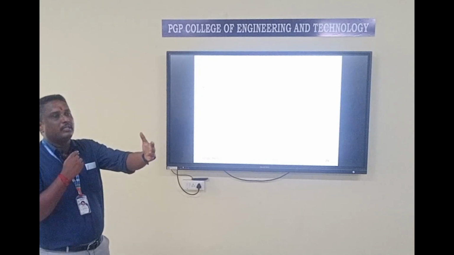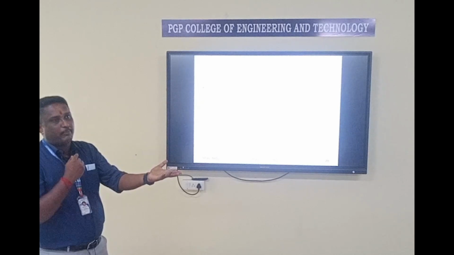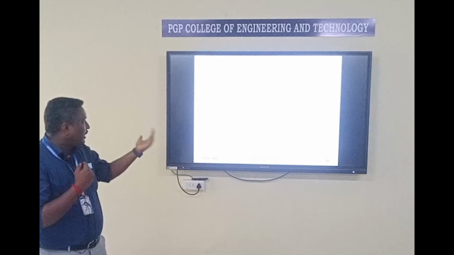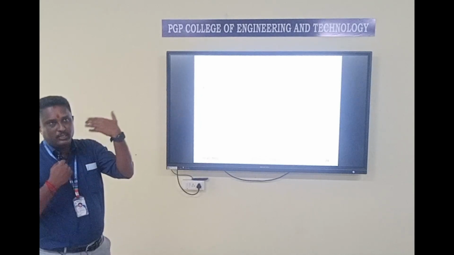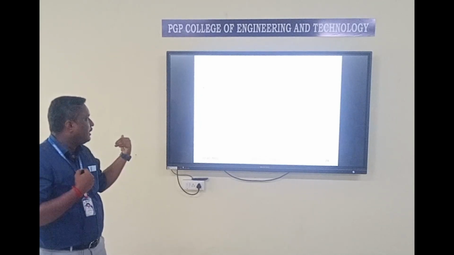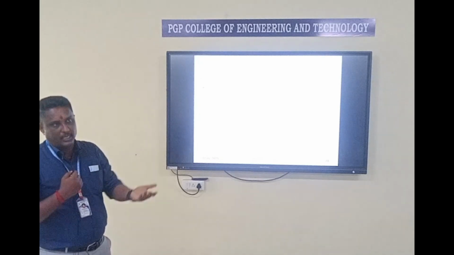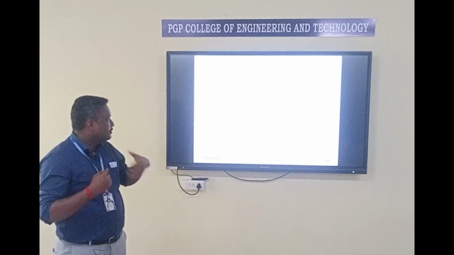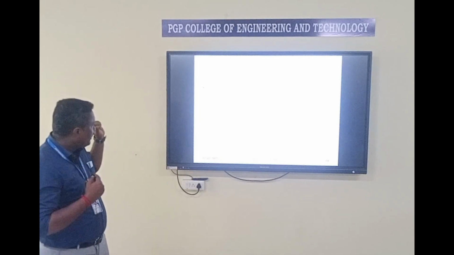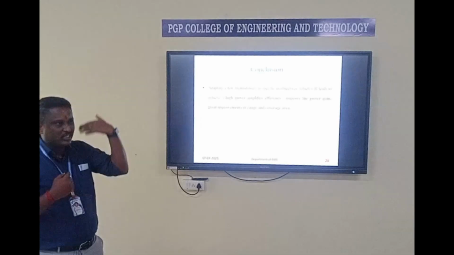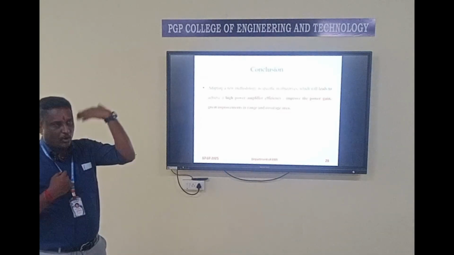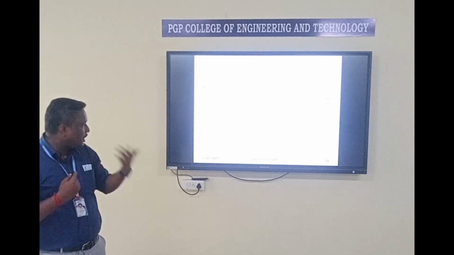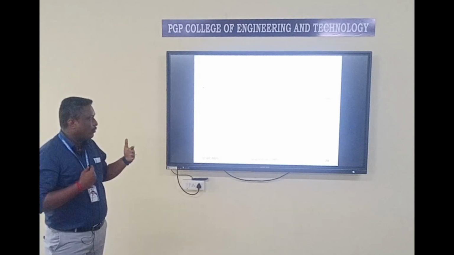So once we give the signal directly to the power amplifier, some fluctuations happen, then automatically the system efficiency and gain are affected. Once we reduce the peak level, we get more gain and efficiency, and also on the communication side, the mobile signal side, we get good range and coverage area. So this is the main area I am doing research in. Simultaneously I am going to take most of the parameters, not only PAPR. Additionally I am going to concentrate on the bit rate and also the spectral efficiency, the out-of-band emission, and the error vector magnitude. Many parameters are being taken, and the research is still going on. It is a very good topic for research.